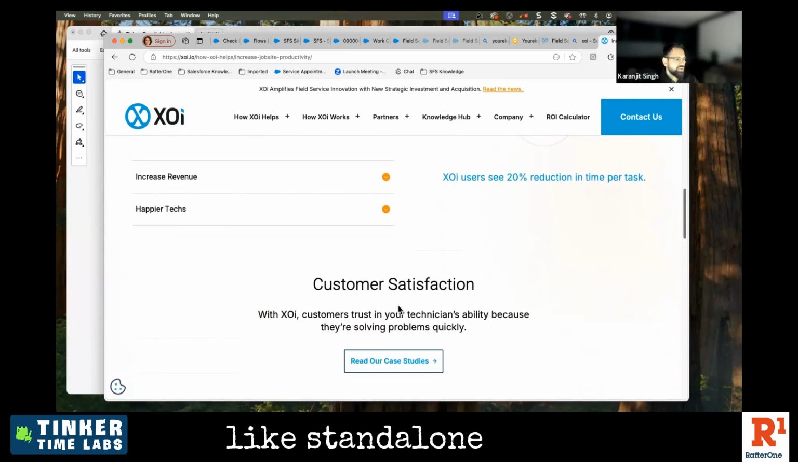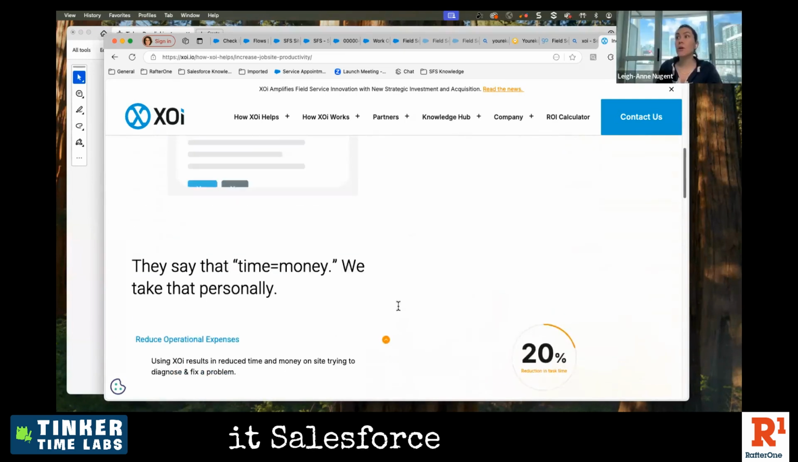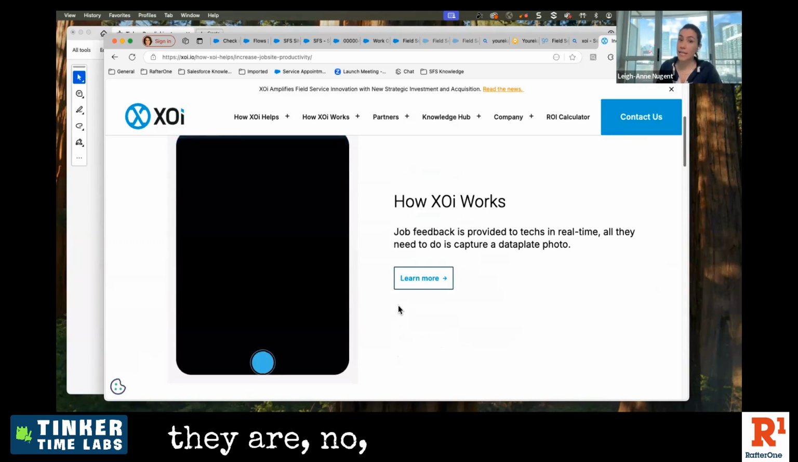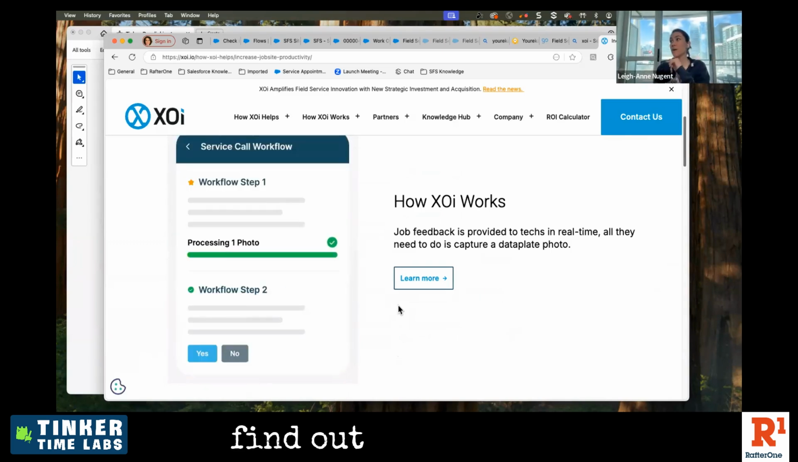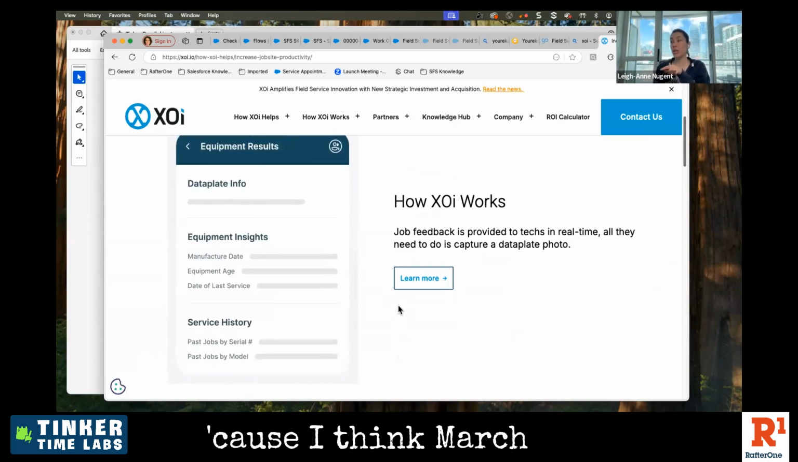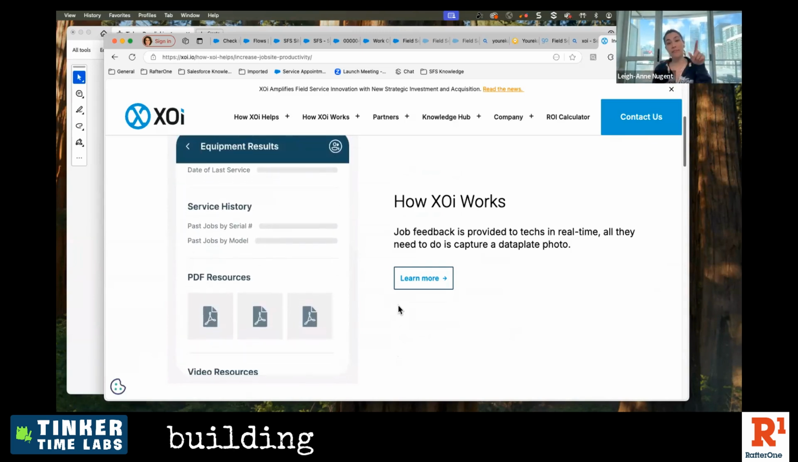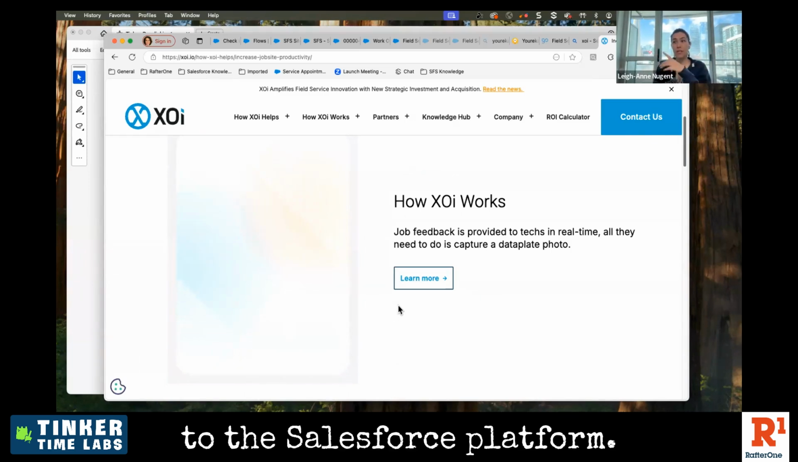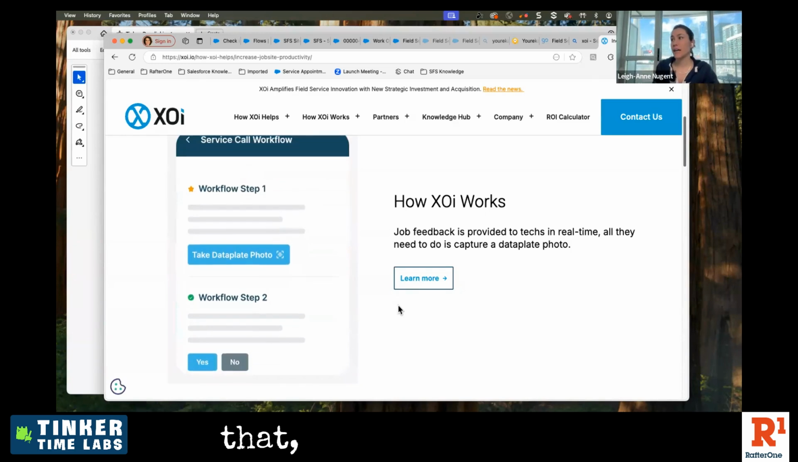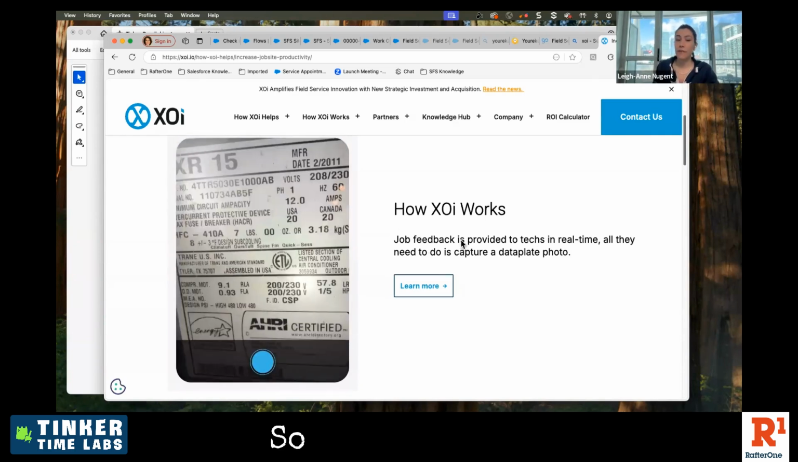Is it a third party, standalone, or is it Salesforce native? So it's standalone, and they just finished. I should find out how it went, because I think March was when they just finished building the infrastructure to connect this platform to the Salesforce platform. So they were building that connection. So I should find out